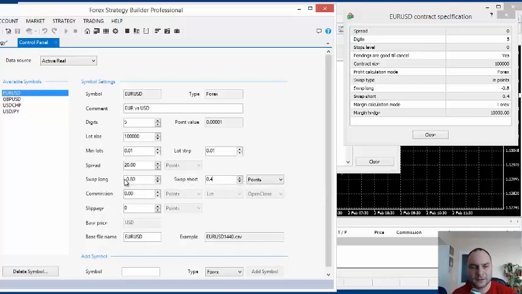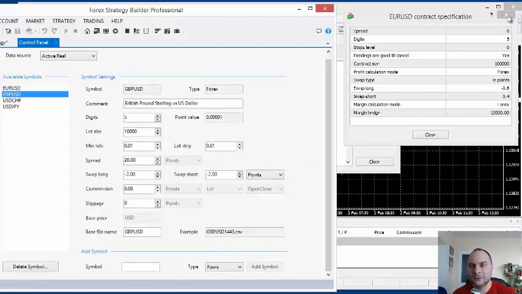When we have a negative swap, we pay interest to the broker. So we are losing these points at every rollover when we transfer a position overnight. But when the number is positive, we gain these points. We don't have commissions, and I will not set slippage.